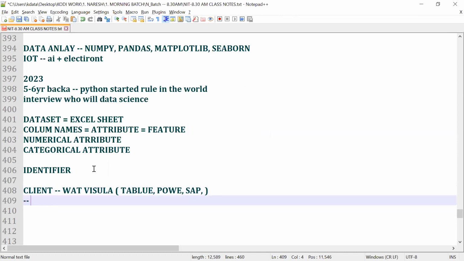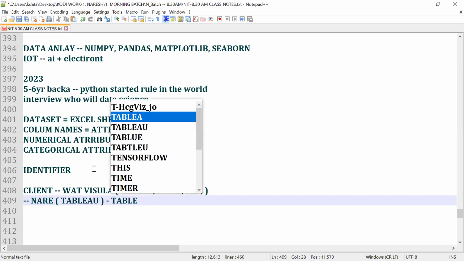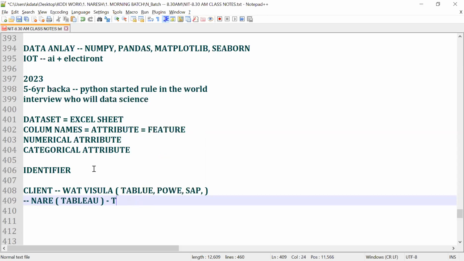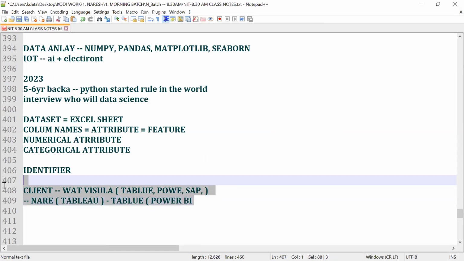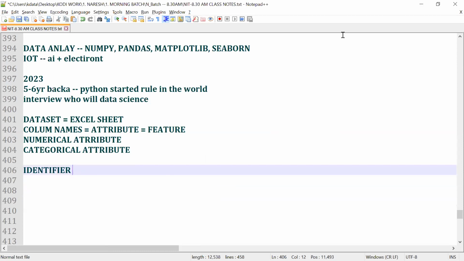But in this program, Naresh IT management created the content that I need to train Tableau. I need to follow the rules, so definitely Tableau is there. If you want to learn Power BI, I will give you the book. No problem, I'll tell you this book. No need to worry.